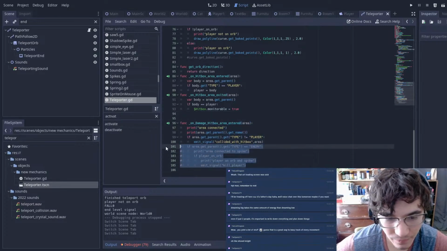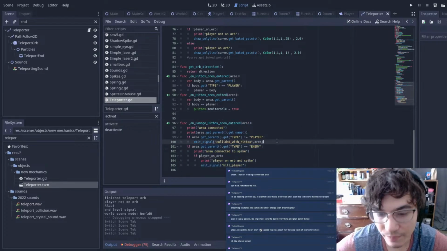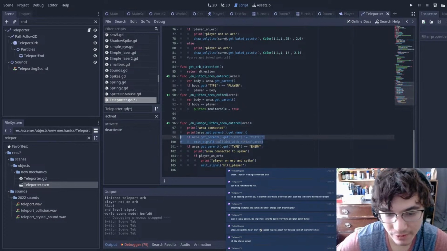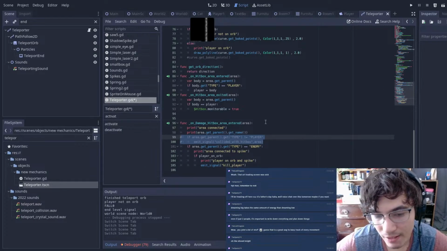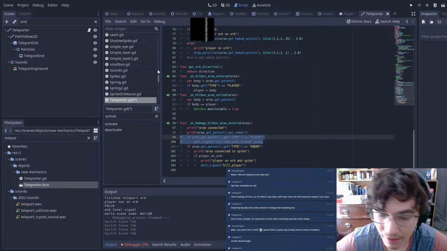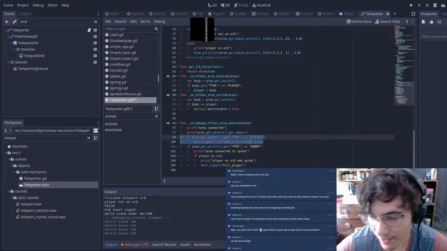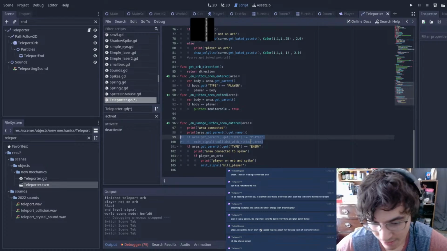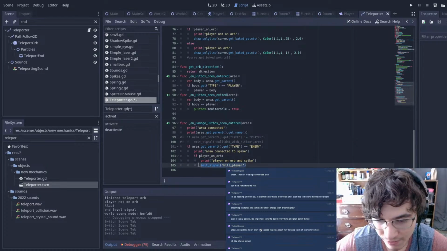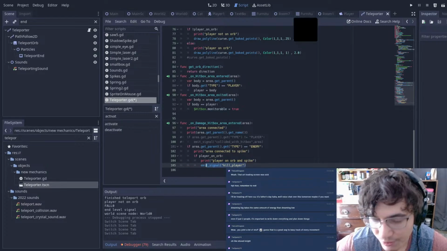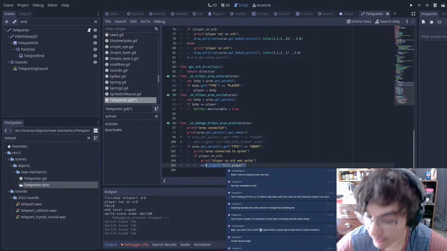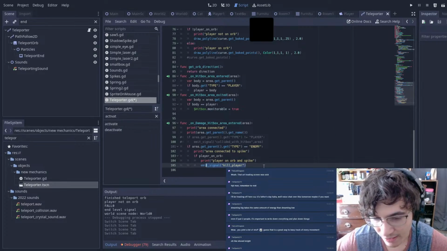It could work, but at the same time, if we want our teleport node to collide with everything, I think it would be a cool mechanic though. So right now, if you're in this teleport orb and you hit a spike, you'll die with this kill player signal. But if you hit a spring, for example, it doesn't push you, it doesn't make you jump out of it. But I think that would be a cool mechanic, but I don't want to get